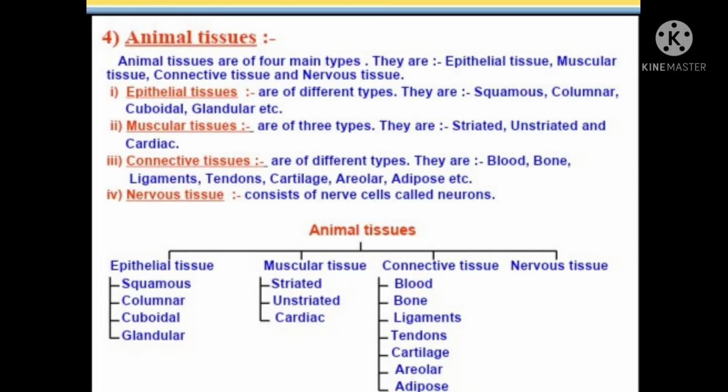Some tissues cover and protect the body. Some tissues help in the movement which is performed by muscles and bones, and other types of tissues make connection between these two tissues. Some tissues carry information like responses. We will try to learn more about the tissues by doing the activity.